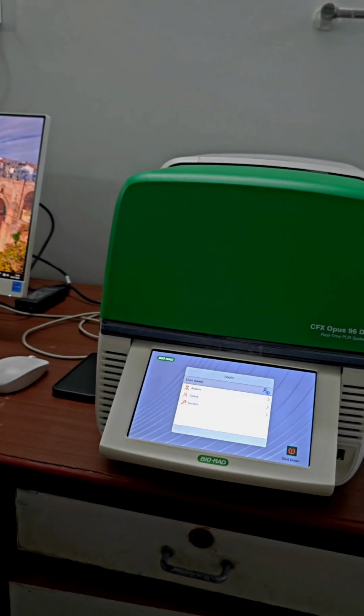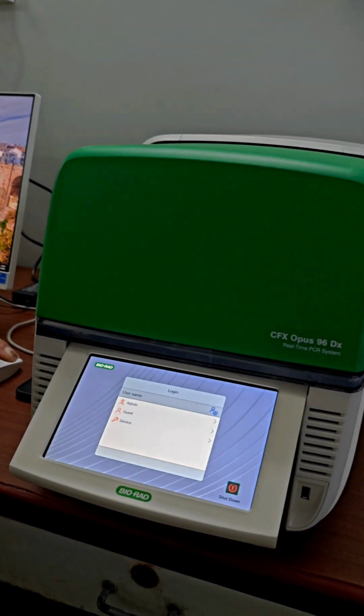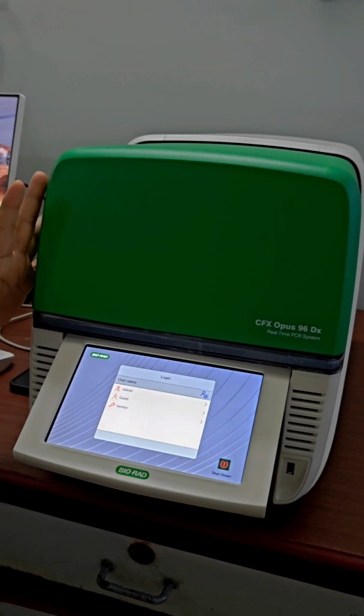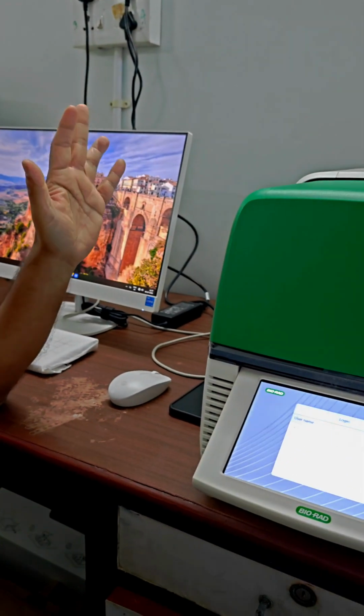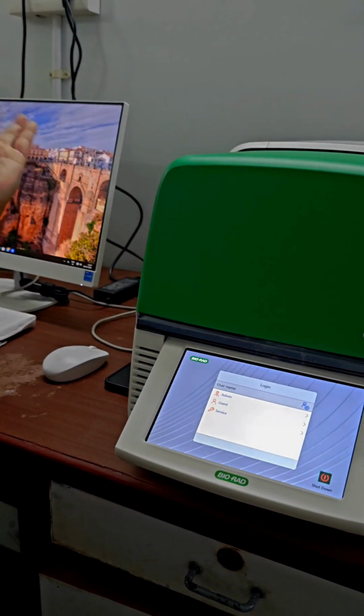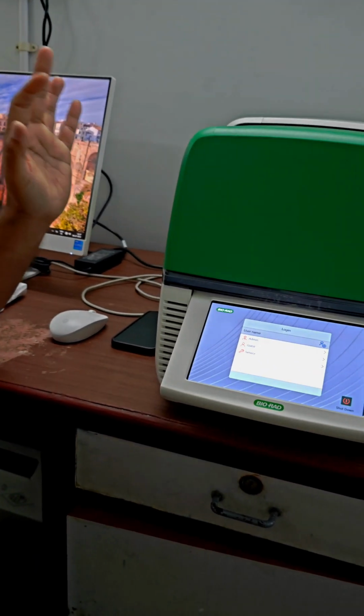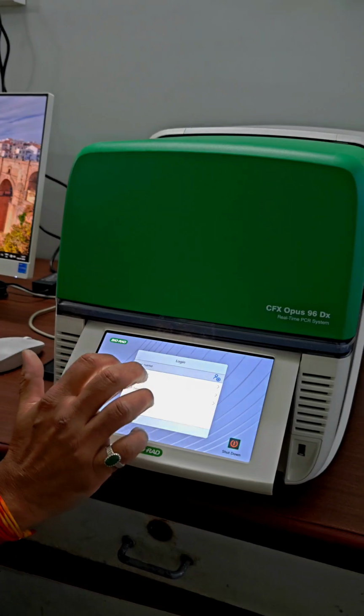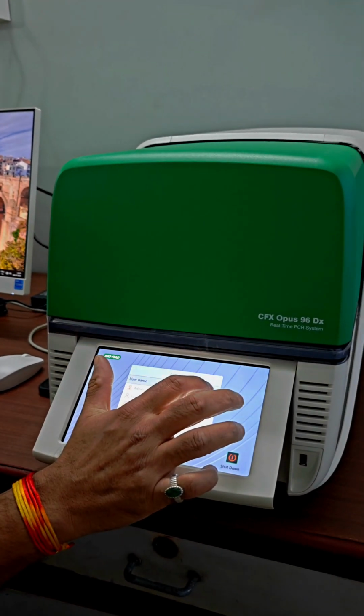Okay. So there are two options as you are asking. One option is using onboard. When you are using onboard, you don't require software, but you can also control it through software and run. Both options are there. If you want to run onboard without software, then you log into any of these, maybe guest, or you can create a login here.